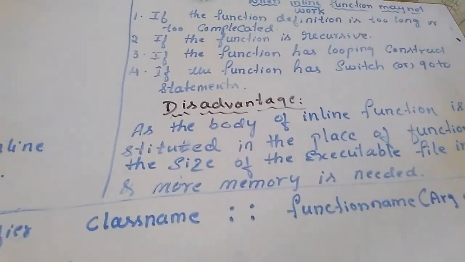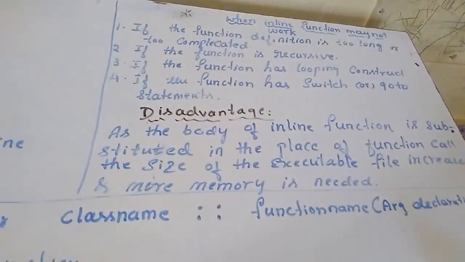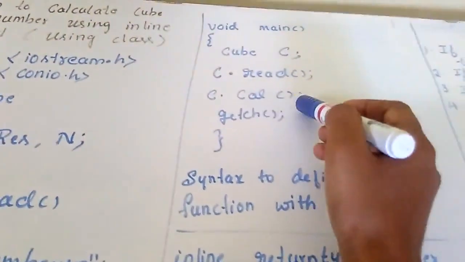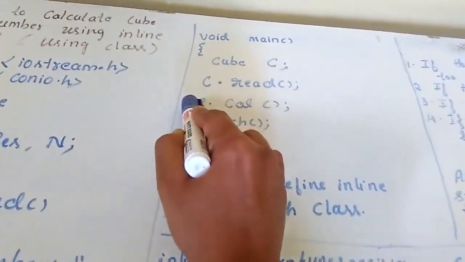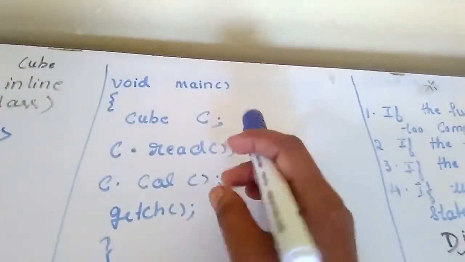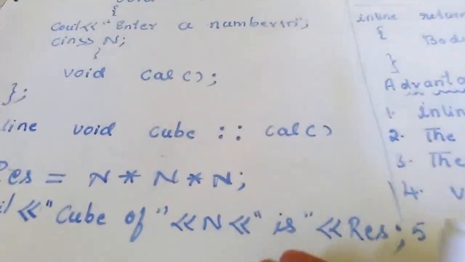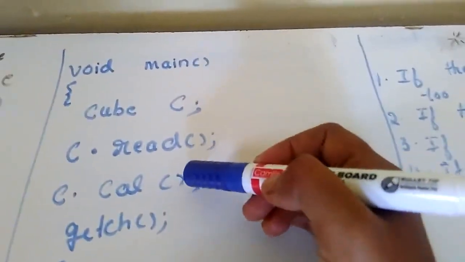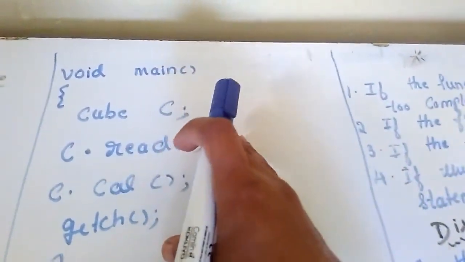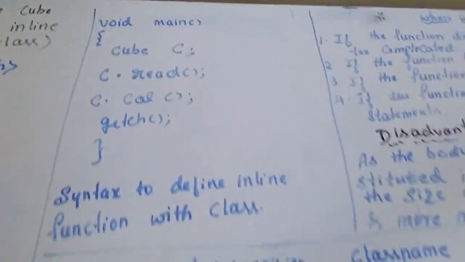As per the nature of inline function, whenever we call an inline function, the function call is replaced by its actual code. See, in this particular example, this is the function call. So when control comes to this statement, the body of the function, this code, will come here, isn't it? It executes from this file itself. If this body has lengthy statements, many more instructions or complicated instructions, it requires more memory to expand here. The size of memory is large, so if it cannot manage that, it cannot expand as inline.